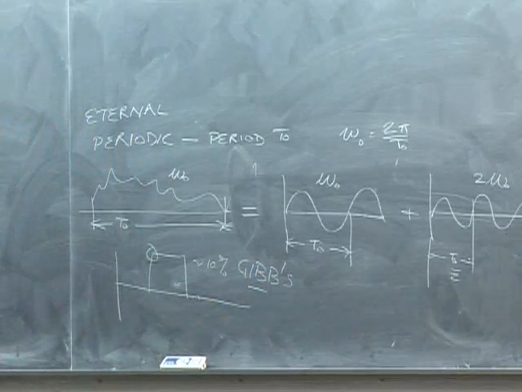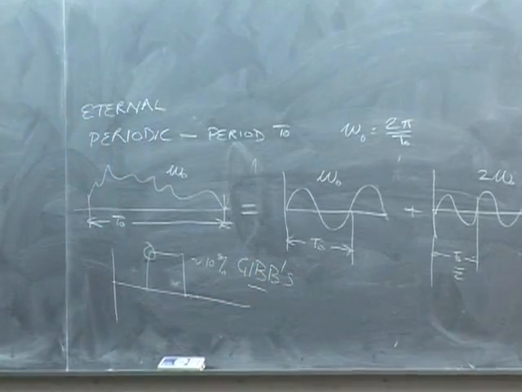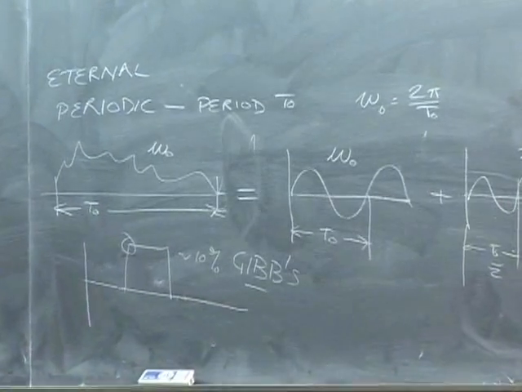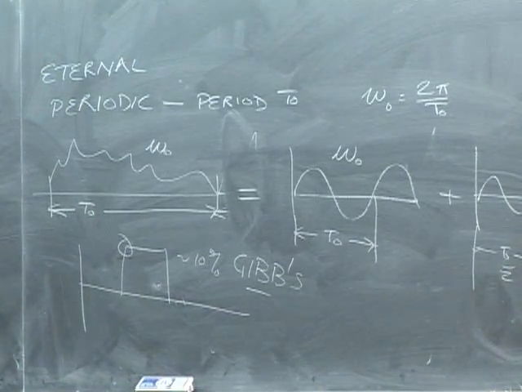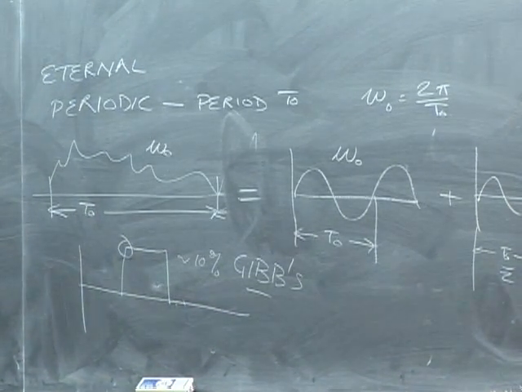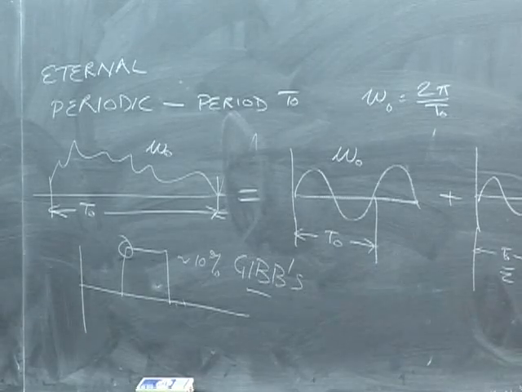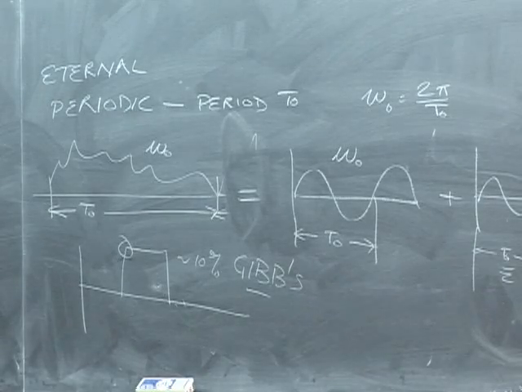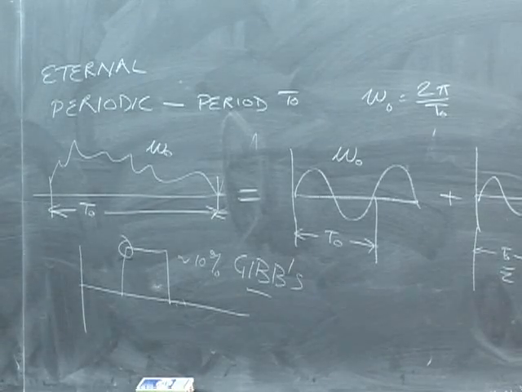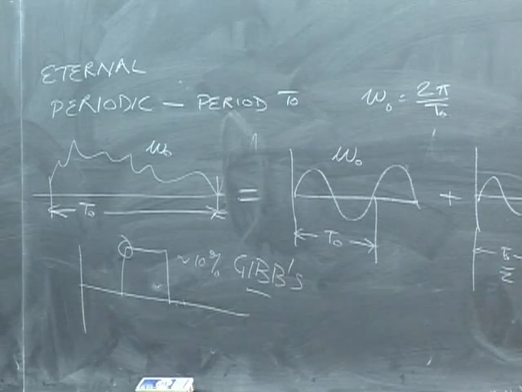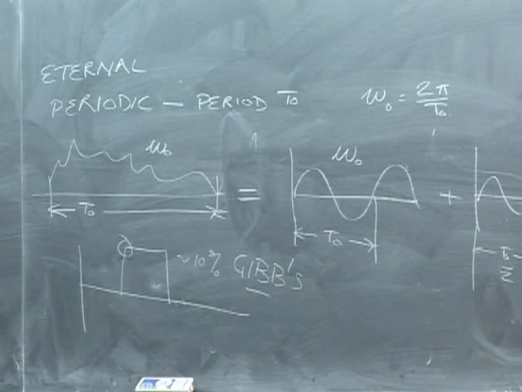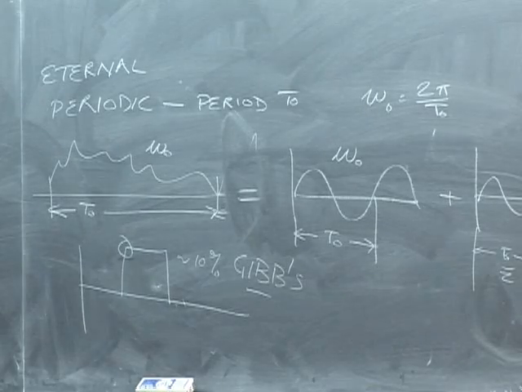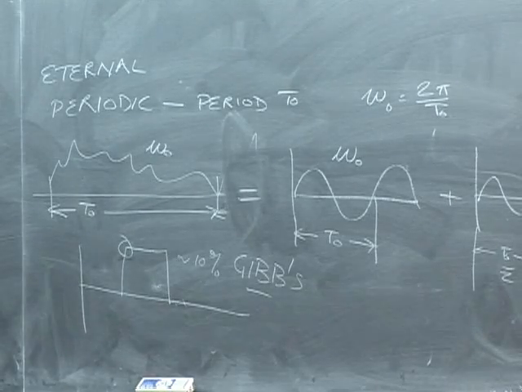Gibbs was a famous American chemist, and there is a law that says every law in mathematics is named for the wrong person, and this is also named for the wrong person. Gibbs was not the person to discover the Gibbs phenomenon, but at any rate, that's the name given to it. And so that's the intuition behind the Fourier series, which is that we can represent this